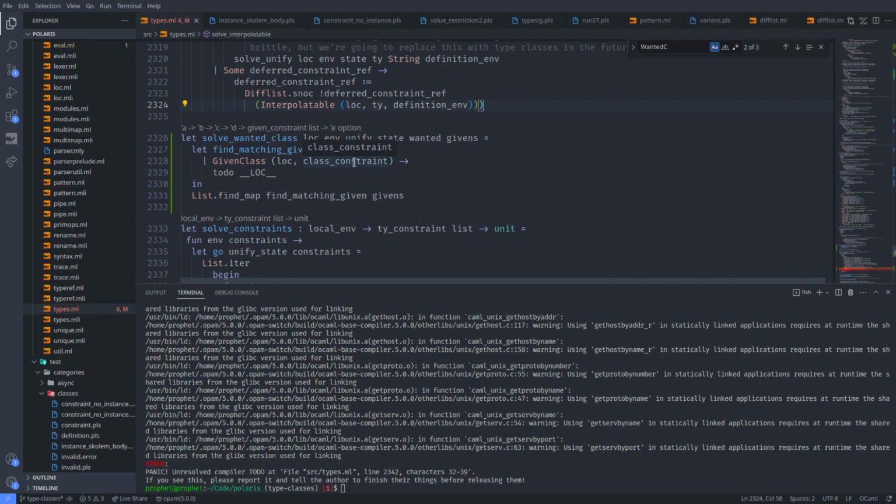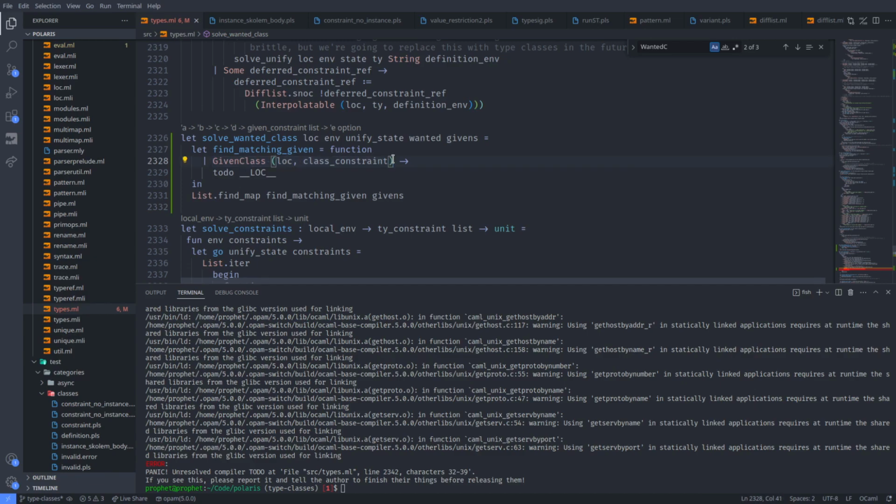Okay, so how's that gonna work? Ideally, I would want to try to use unification and lock the wanted in place somehow, but I don't think that's... I guess that's possible. No,